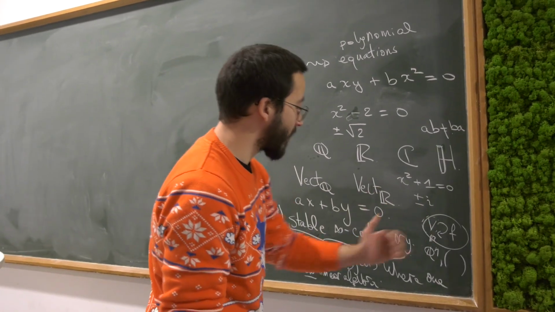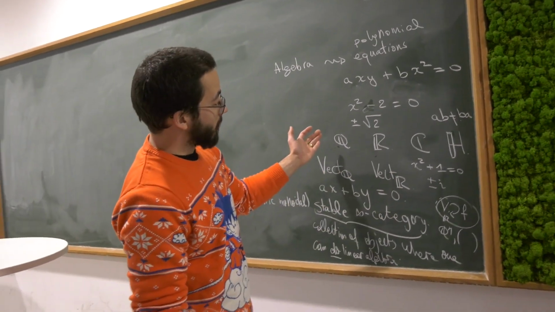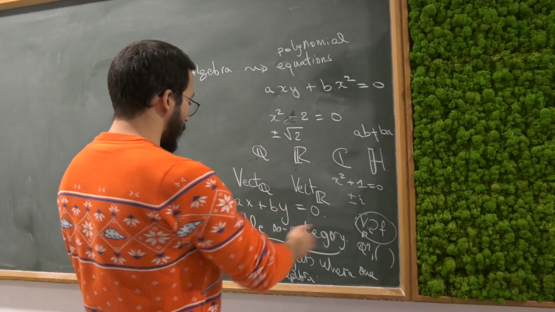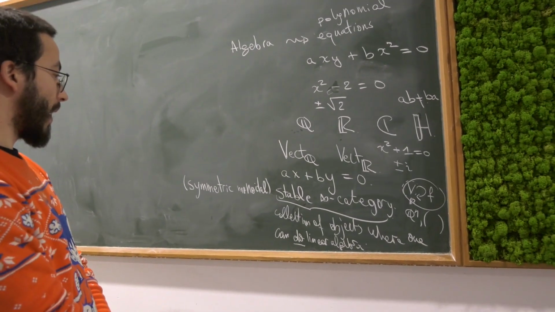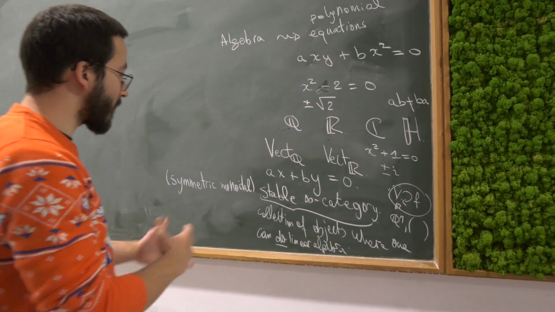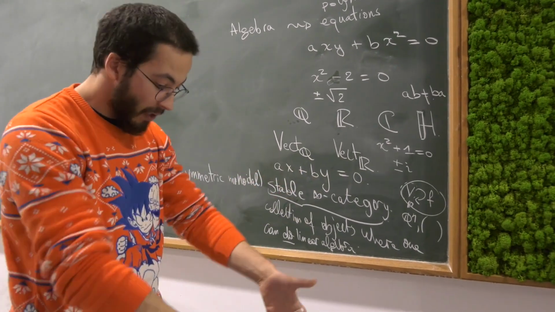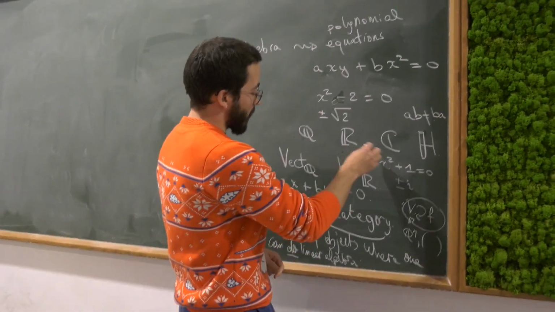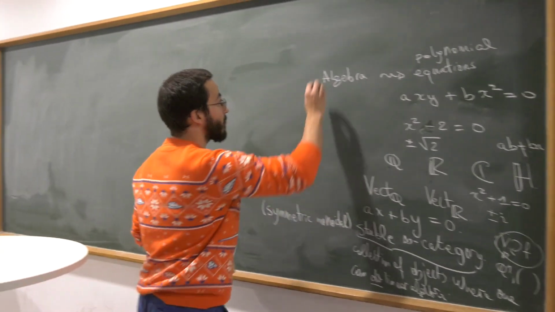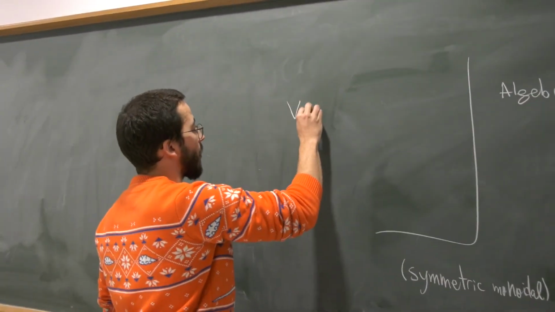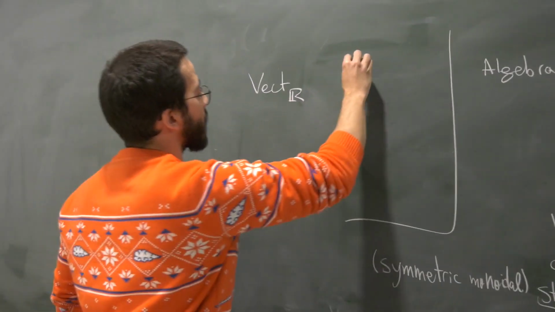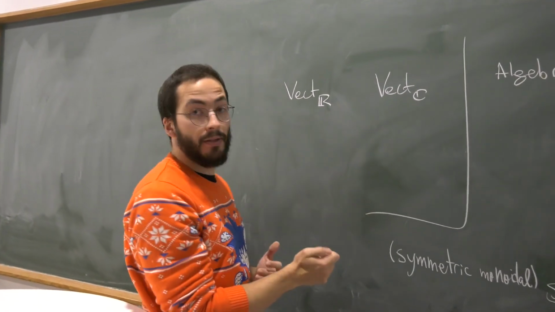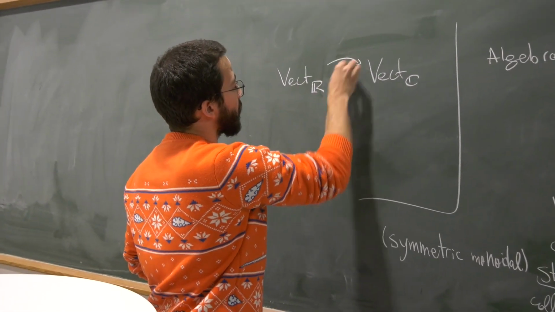And you can see this is not quite the same as vector spaces over some number system. But you can still study this within the context of stable infinity categories. And one thing that I really like is, instead of fixing one stable category and studying that one specific one, observing how they relate to one another. If you think about R vector spaces and complex vector spaces, these are not just two abstract collections of things, they're actually related by things that are called functors, which is another complicated word.